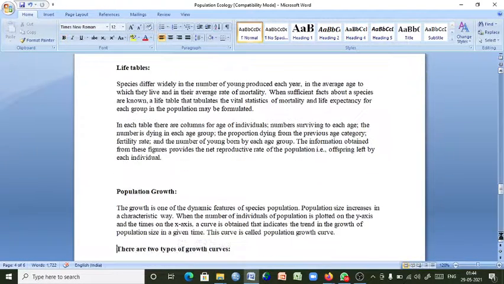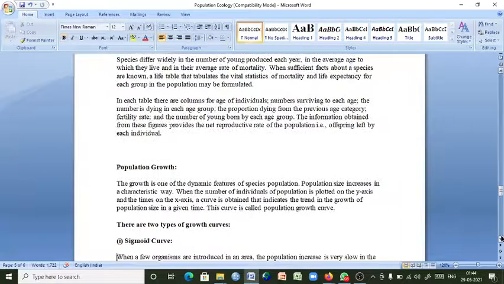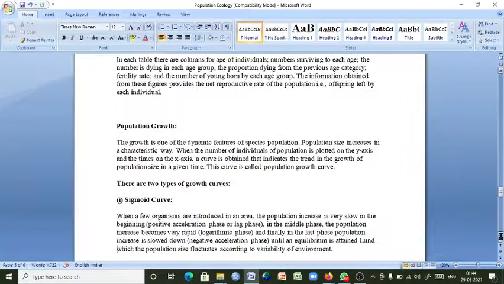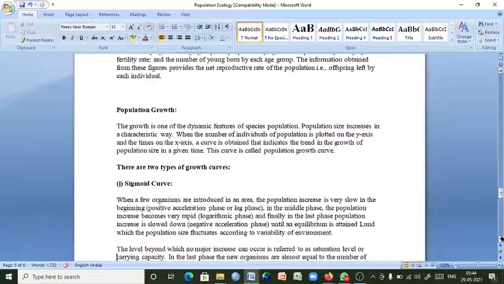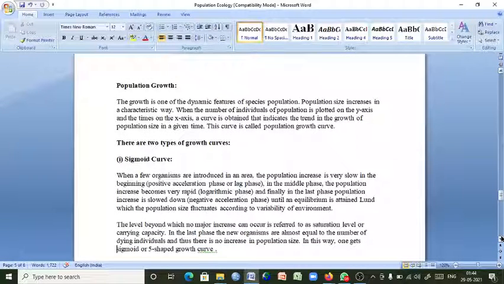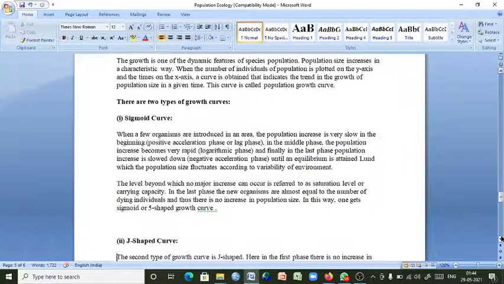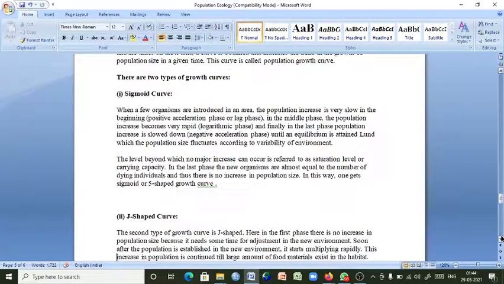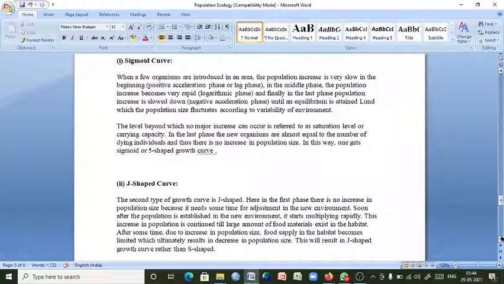Now, the population growth curve. Usually, there are two types of growth curve. First condition, when there is environmental restriction or environmental resistance. In this case, they develop an ascending or sigmoidal growth curve. And the second condition, when there is no restriction, the population can grow indefinitely. They form a J-shaped curve. So these two things can be explained